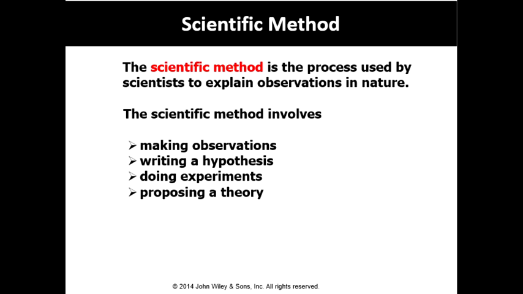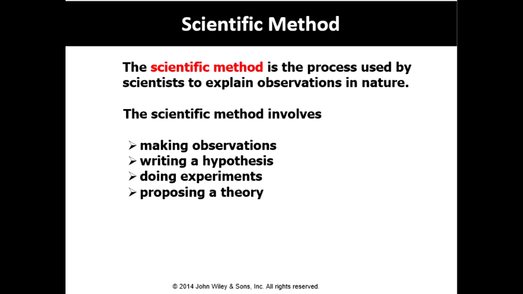Scientific method has four main components, four main steps. So please understand they should be in order. Making observation, writing a hypothesis, doing experiments, and proposing a theory. We are going to know what each step of this scientific definition means. Please keep in mind we need to consider these four steps: observation, hypothesis,